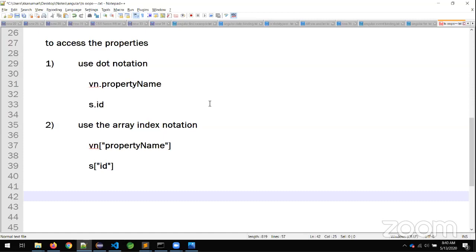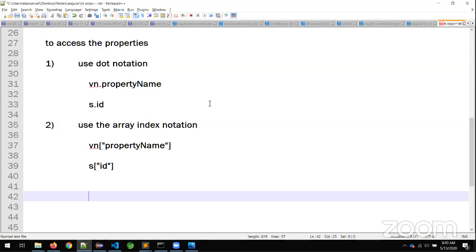Suppose from the server sometimes the ID comes and sometimes it doesn't, at that time I will use the array index notation. If that property is always available, I will go for dot notation. If the property is optional, it may come or it may not come, I will go for array index notation. It won't give you the error.